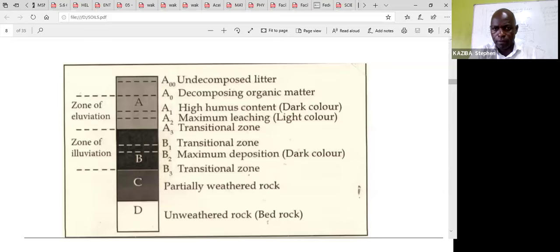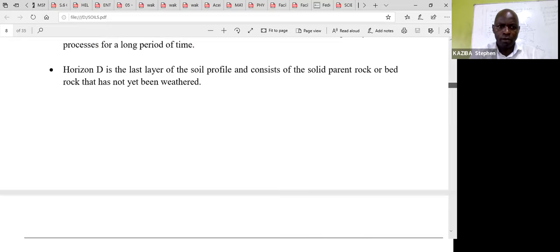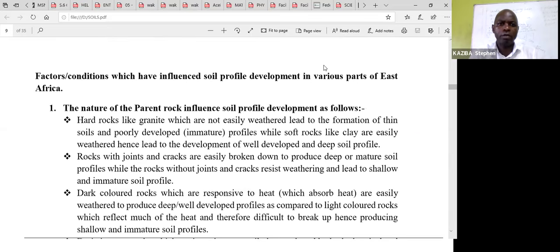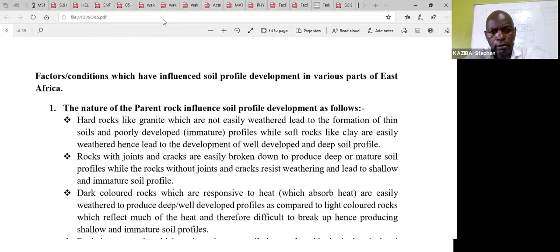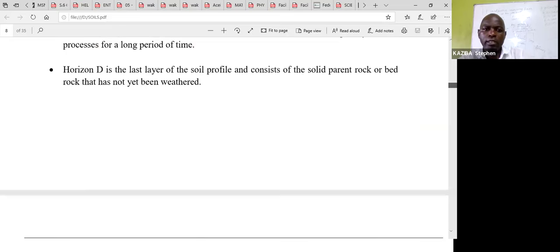How can we attempt the questions of assess? Now, questions of assess, it depends on the paper. Questions of assess,